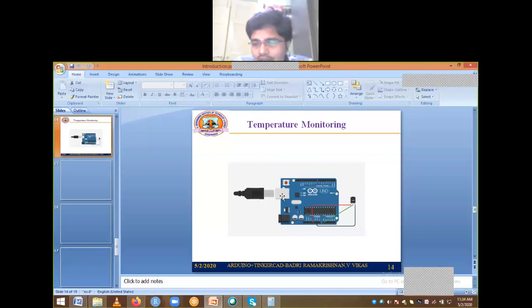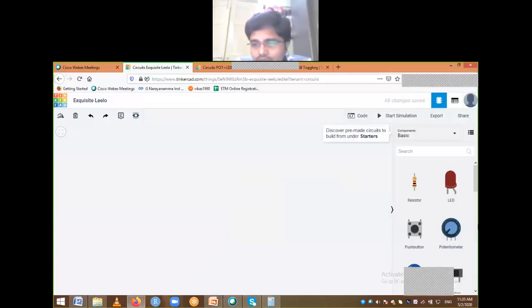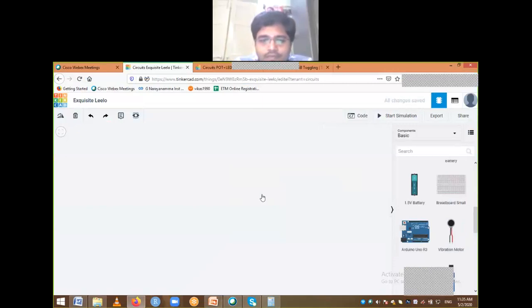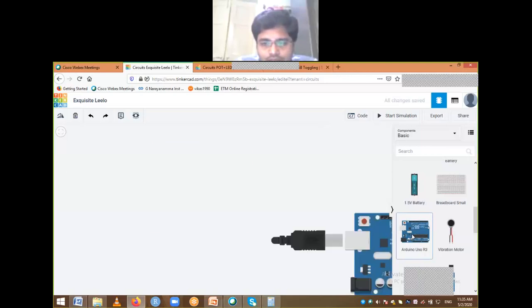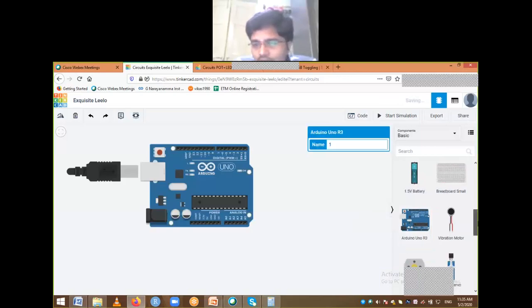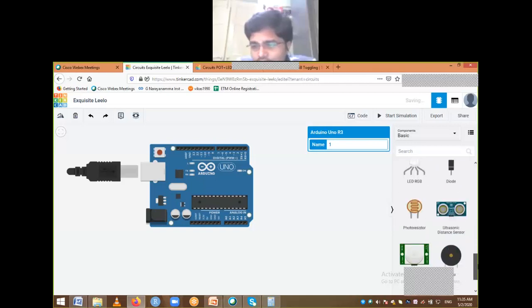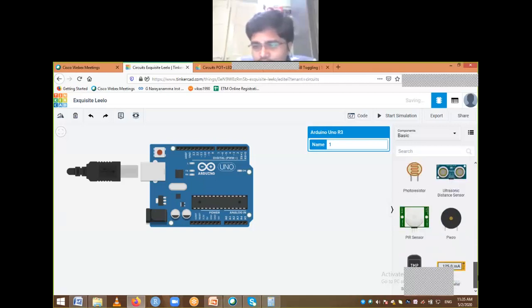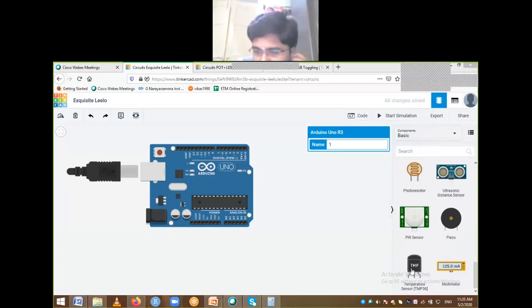I'll try dragging Arduino. Okay, I dragged Arduino. Then I need to search for temperature sensor. You can see here temperature sensor TMP36.